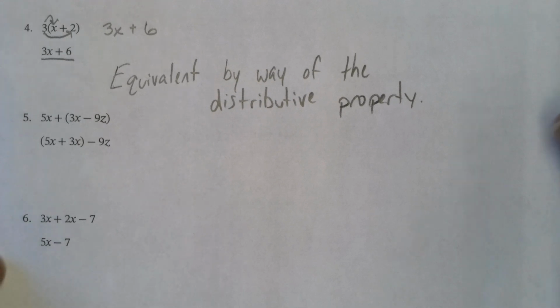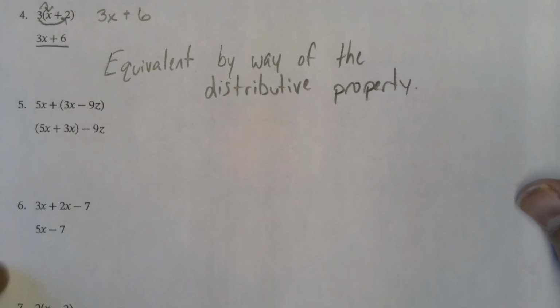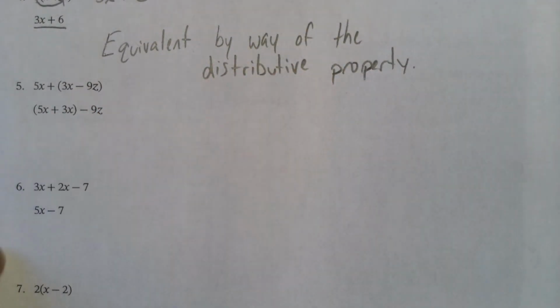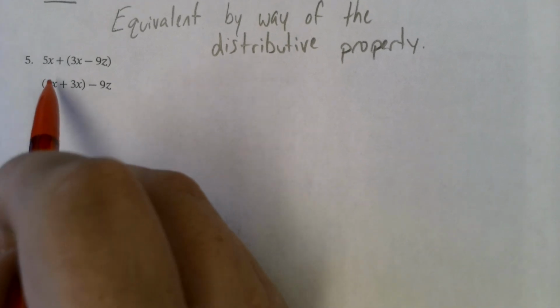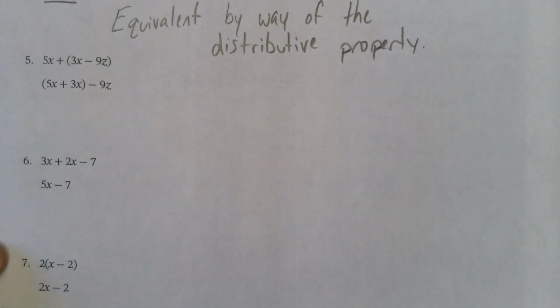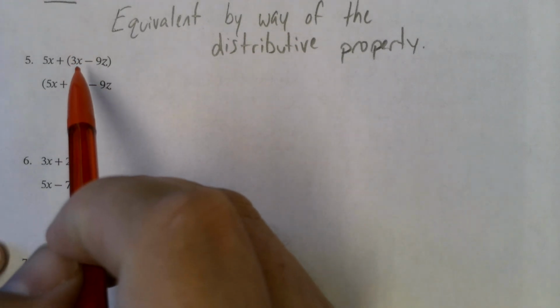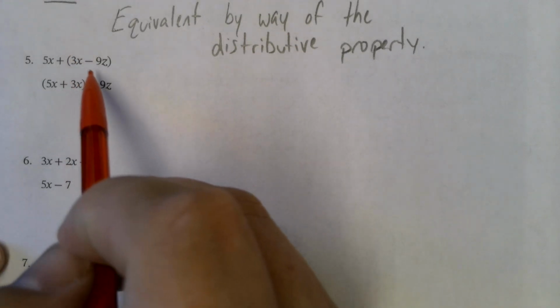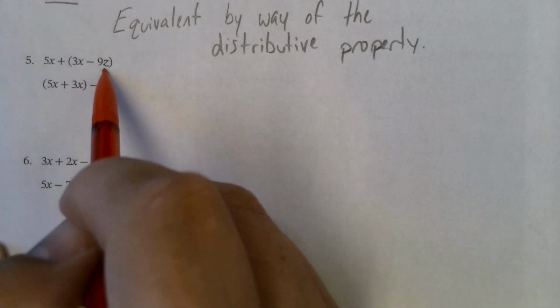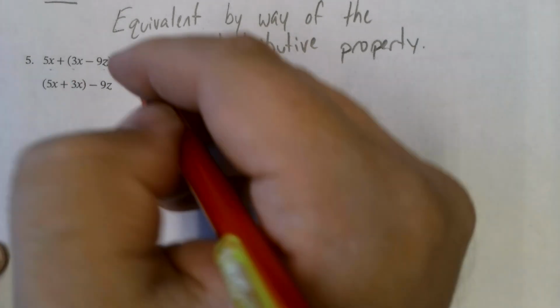So there's your distributive property. Number 5 looks a little different because we have parentheses, but with no term out front. Again, if we do order of operations that says we need to solve parentheses first, well, we can't do anything here because these are not like terms. So then if we drop the parentheses, that gives me 8x